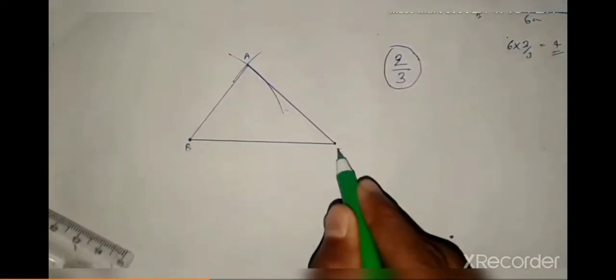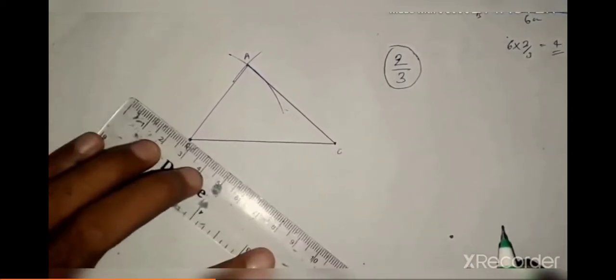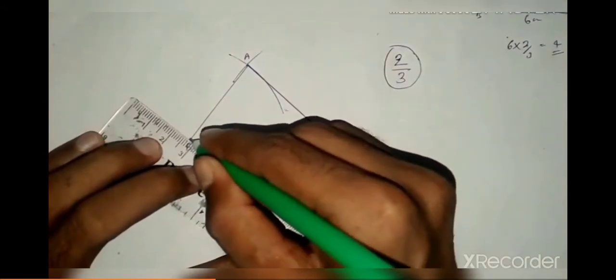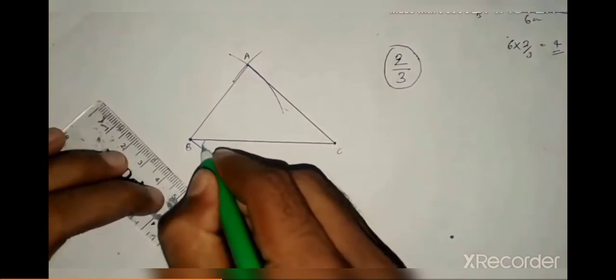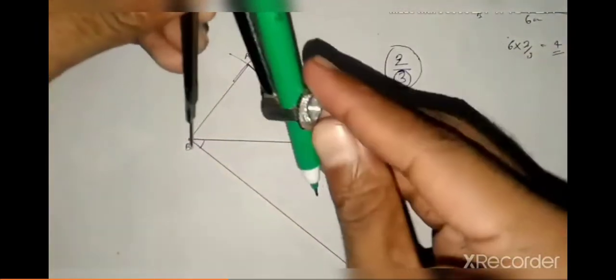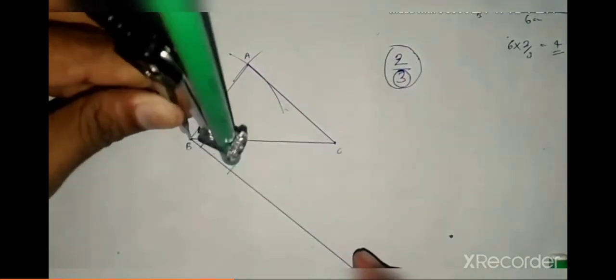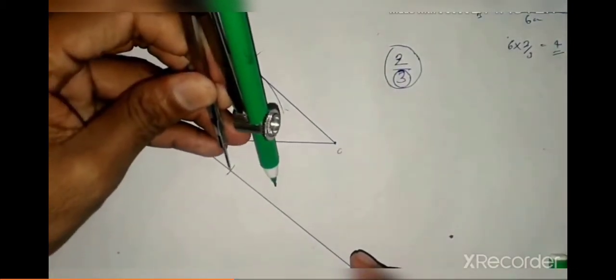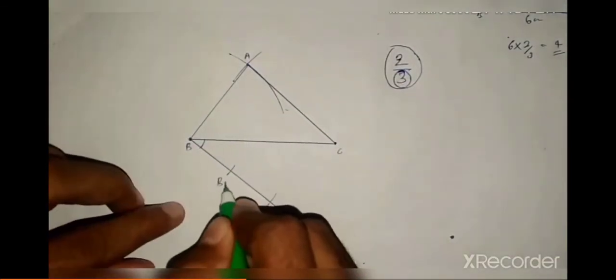For constructing, we have to draw an acute angle. Same as we did for the line segment, draw an acute angle, or you can take a scale and draw a line such that the angle is less than 90. Then, how many parts does the denominator have? 3 parts. So construct the 3 parts. If the denominator is a very big number, you can take 1 centimeter. If the denominator is very small, you can take 1.5 or 2 centimeter.